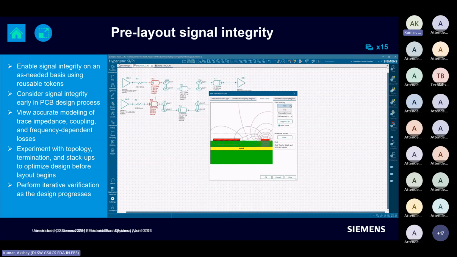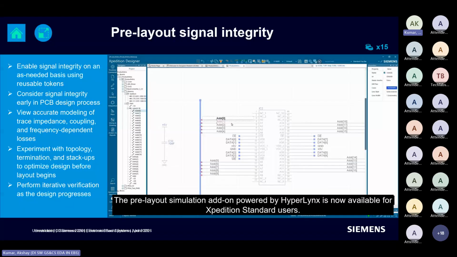It is a restricted version which will not have any PI technology. When I say PI, it is power integrity. It also will not have any advanced solver or SerDes wizard. But still it will provide powerful analysis capabilities on the signal integrity front, right? And again, this is integrated with your schematic,